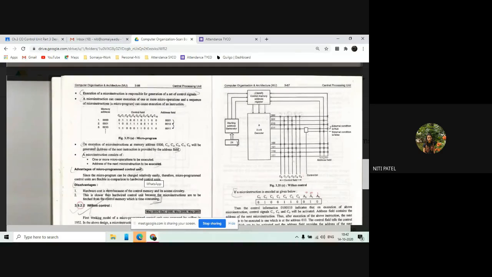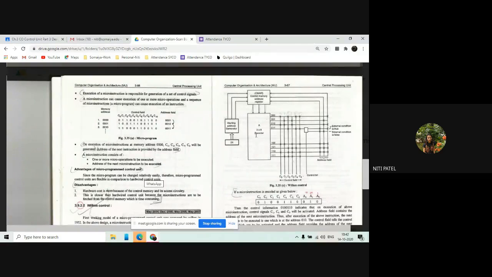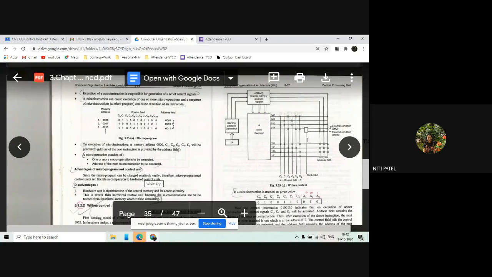Can you see the starting address generator at the right top of it? Yes, ma'am. The arrow goes to CMAR, the control memory address register. उसके बाद आता है 3:8 decoder. Then you will see control fields, then you can see control bits and then you can see the address field. Okay. Now what does this diagram tell us?